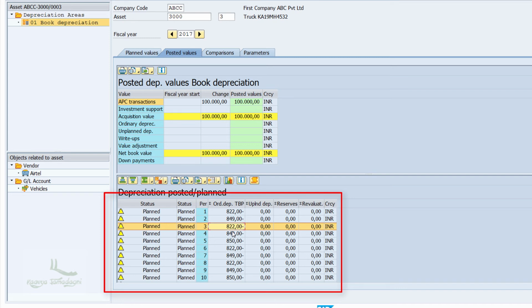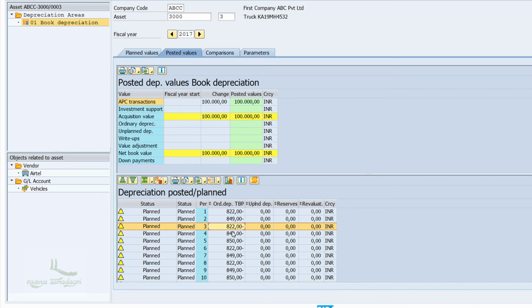That means the depreciation value is calculated on a pro rata basis. Period 1, that is April, the depreciation amount is 822 rupees. Period 2, that is May, the depreciation amount is 849 rupees.